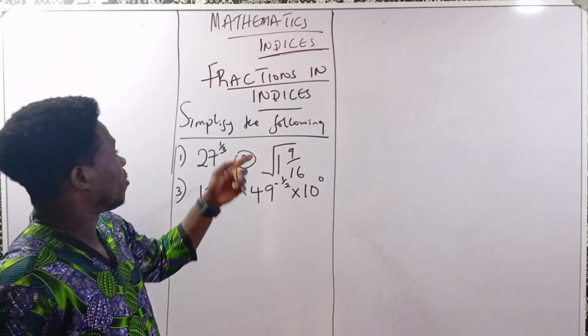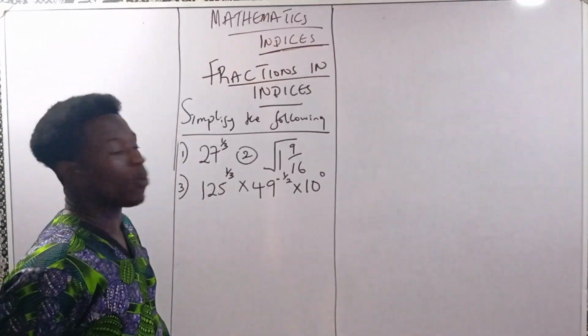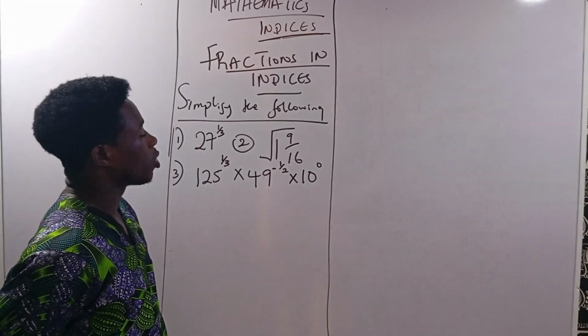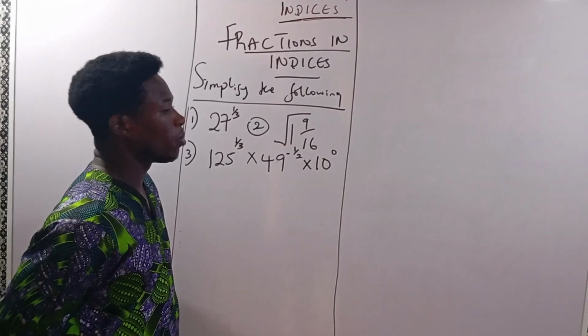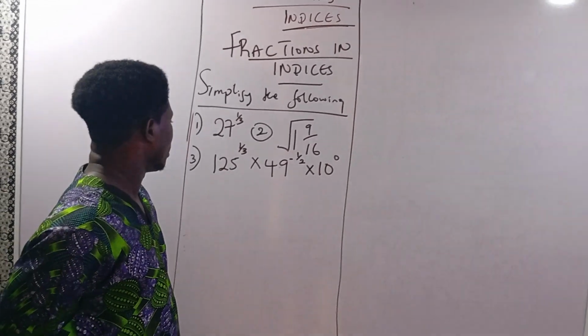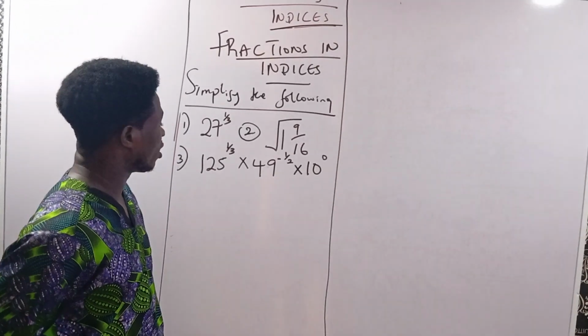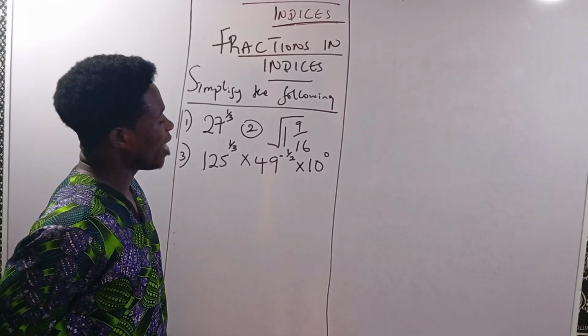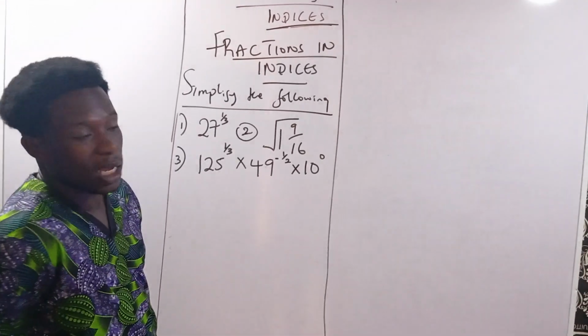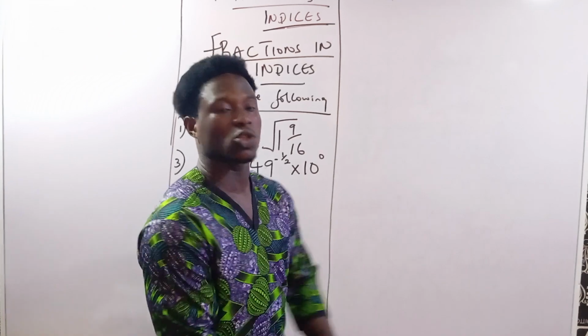We are going to simplify the following: 27 raised to power 1 over 3, the square root of 1 whole number 9 over 16, and 125 raised to power 1 over 3 times 49 raised to power minus 1 over 2 times 10 raised to power 0. Before I proceed into solving this,